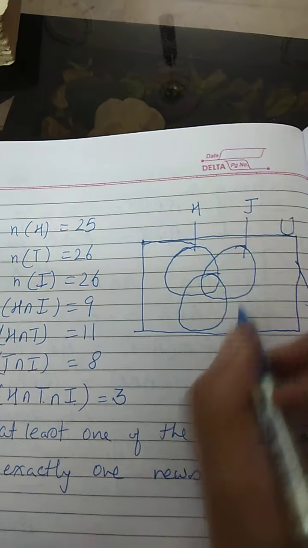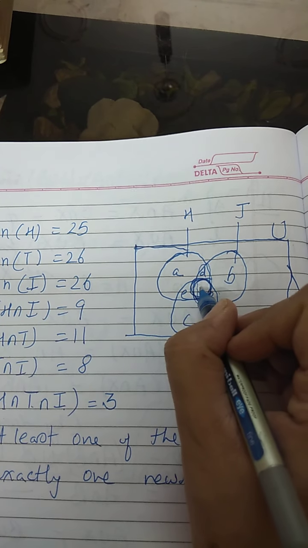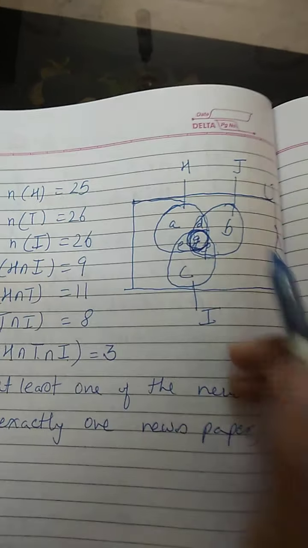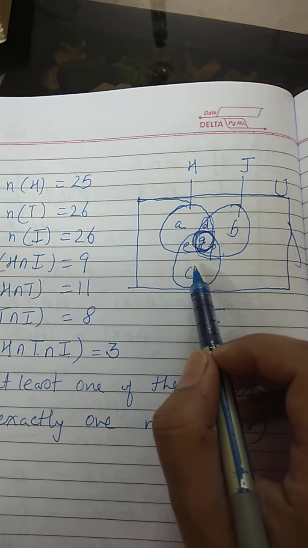Now how many parts are we getting? This is one part, second part, third part. This is the intersection of H and T, this is the intersection of H and I, this is the intersection of T and I, and the middle part is common to all the 3, H, T and I. So we will give names to all these: A, B, C, then D, E, F, and the innermost part, let it be G. We have given names to all these partitions when we have drawn the 3 intersecting circles, right?